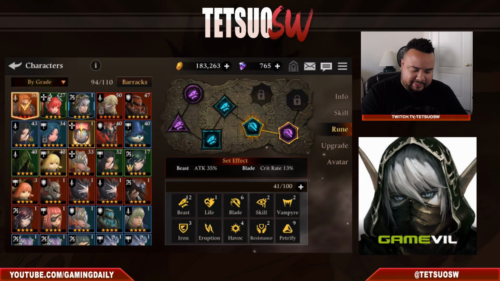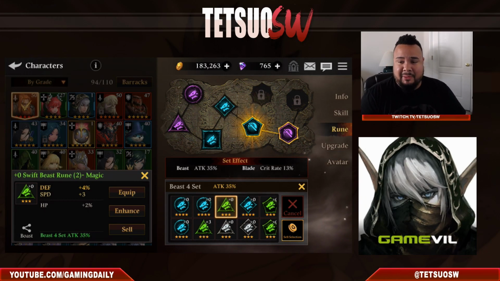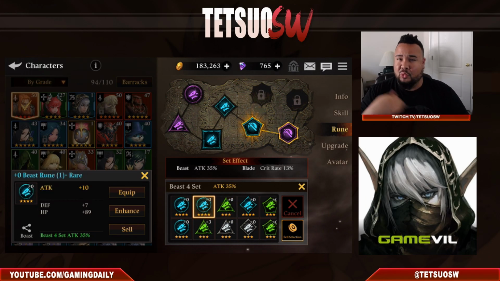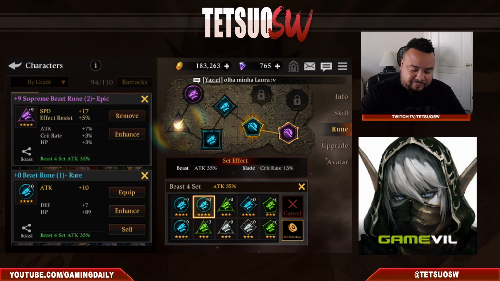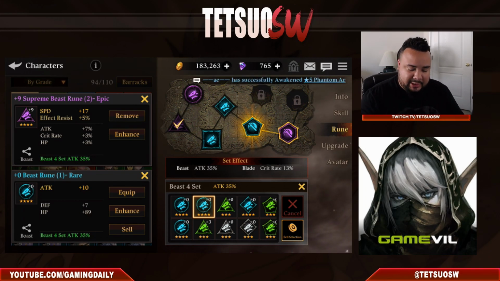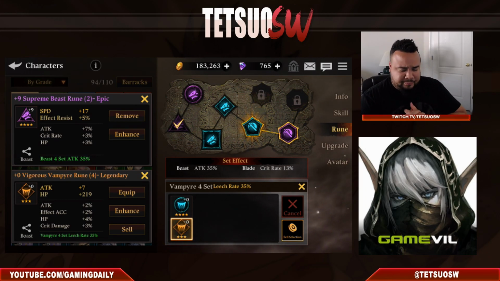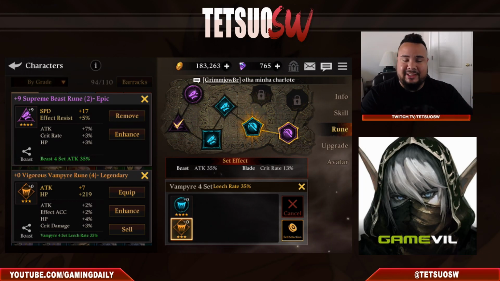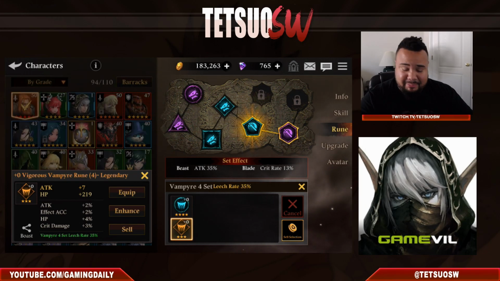So we have the green, which is the next step up from the very basic, which is magic. All right, and then blue, being rare, is the next step above magic, and then we have epic, and the very last one we have therefore is the legendary. So what are these? What do they mean? What do these different classes of runes mean exactly? Well, let's take a look at the very basic